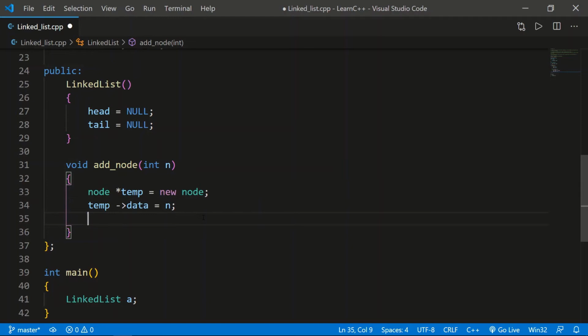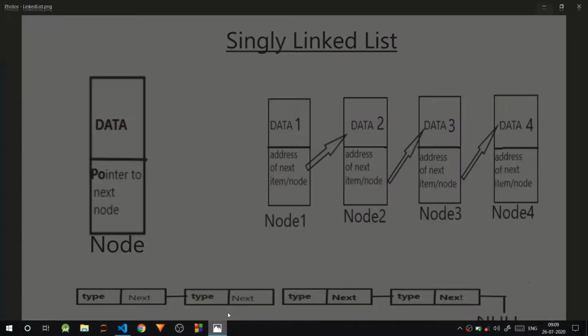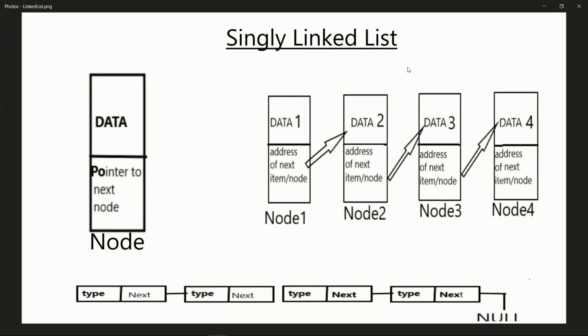Now we'll decide what will happen to the next. Okay, I'll show you one thing before. Let me write first, I'll show you then. So let's go back to the image. You can see it should point to something, and we wanted the last one to point to null. Whatever we add in the last should point to null.